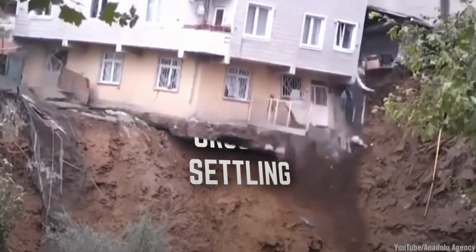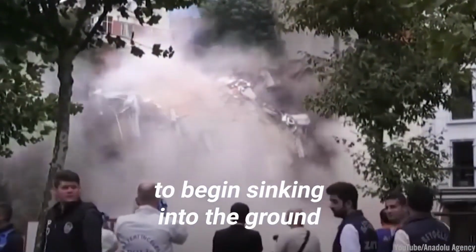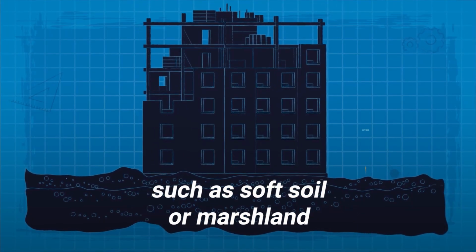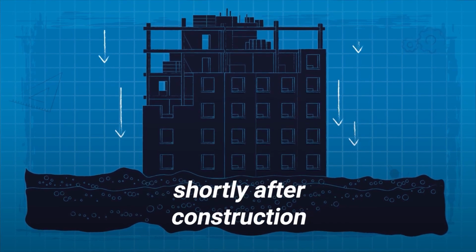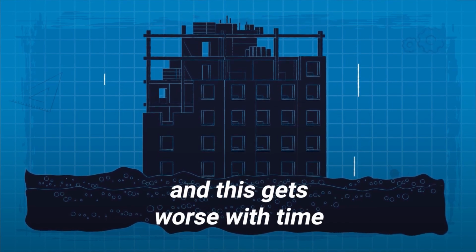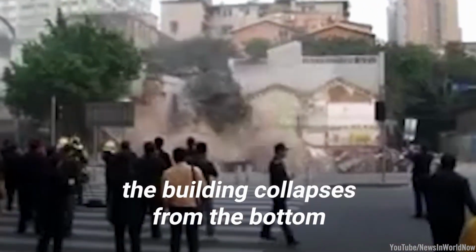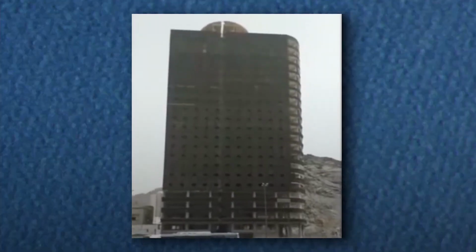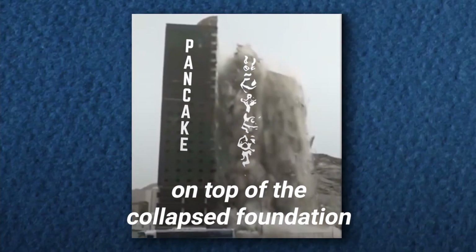Ground settling. Buildings don't have to be very old to begin sinking into the ground. When a structure is built on unstable land, such as soft soil or marshland, the foundation can begin to sink shortly after construction, and this gets worse with time. When a foundation fails, the building collapses from the bottom. In a high-rise building, this results in a pancake effect, where the upper floors slam down on top of the